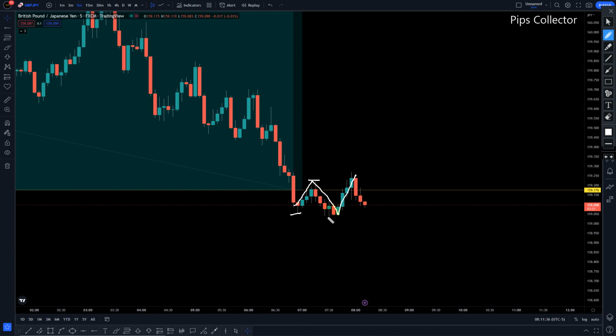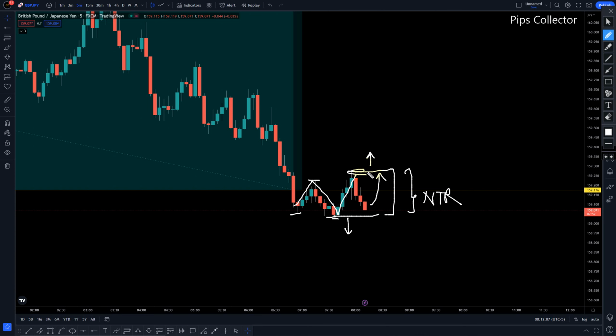So two things can occur. A break of this low, we anticipate more further bearish momentum, or we anticipate what? Bullish momentum if price breaks this high. Okay, so this range is a range that someone should just not trade in. So from here to here is a no trade range, NTR. Below here we anticipate more bearish momentum. Above here we anticipate more bullish momentum. So the quiz I will ask you is, which do you think will overpower? Of course, it's the sellers. And as you can see how price is dumping, it's the sellers, because we're in sellers territory.